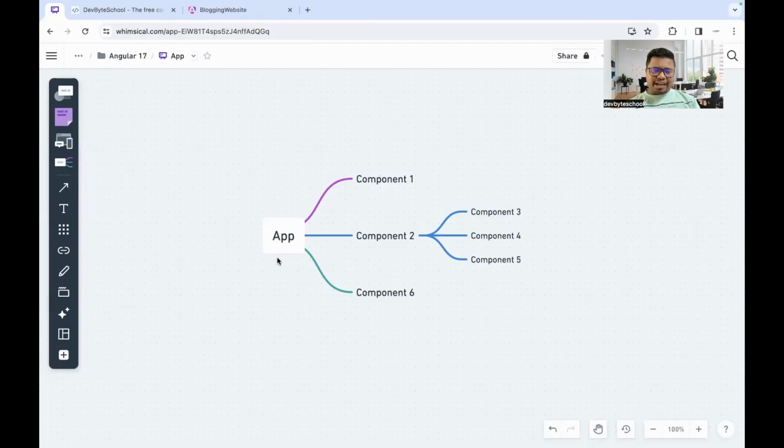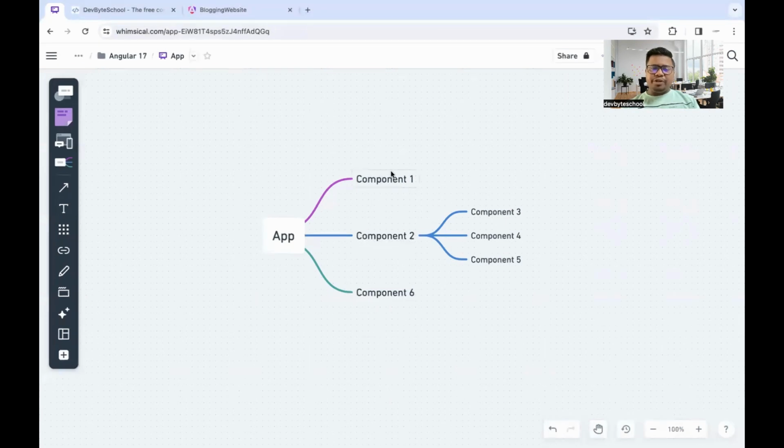So without wasting any time, let's get started. So what are components? Components are basic building blocks of Angular. Components consist of a TypeScript file, an HTML file, and a CSS file. The HTML file has the HTML render code. Then the CSS file has all the stylings, and the TypeScript file contains the class with the main properties and our business